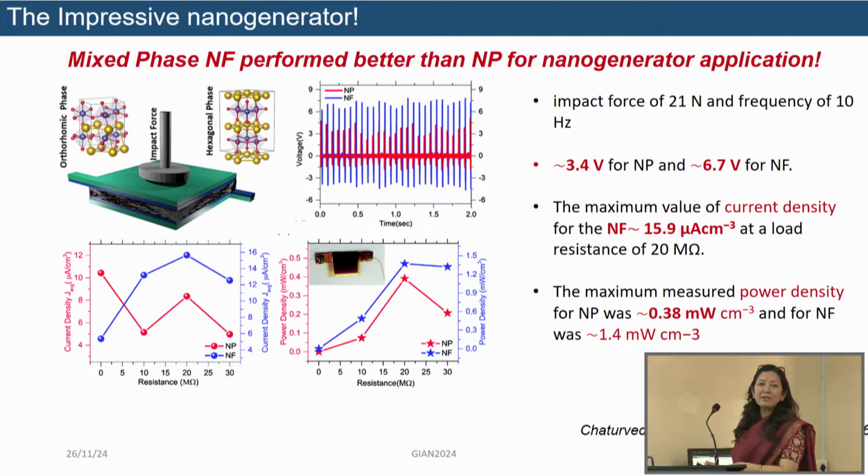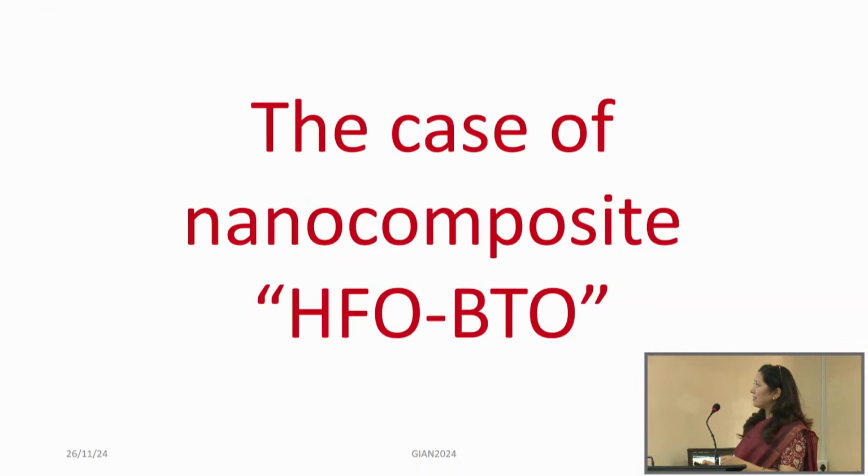So we found out that, in the case of samarium orthoferrite, just by understanding the change in morphology, morphology also plays a crucial role in deciding the properties. It was very evident, including in the magnetic behavior and also in the application as a triboelectric nanogenerator.